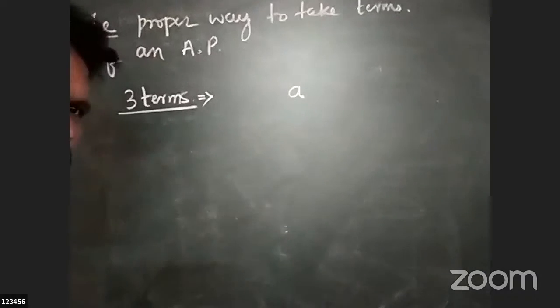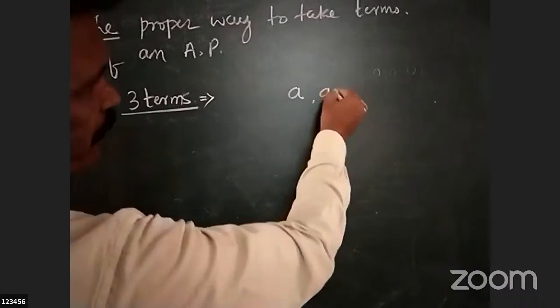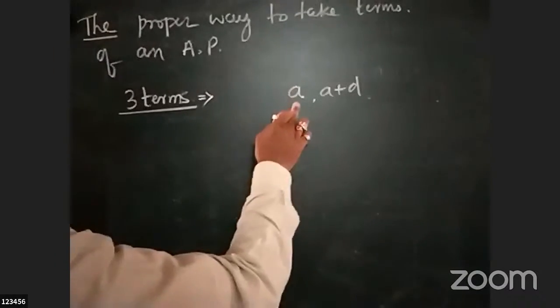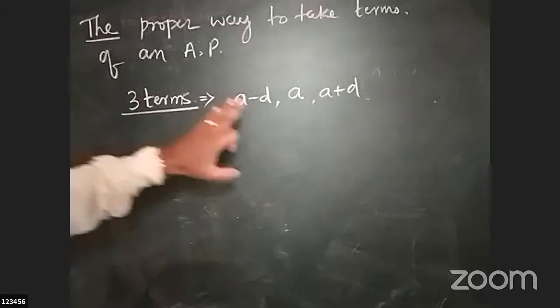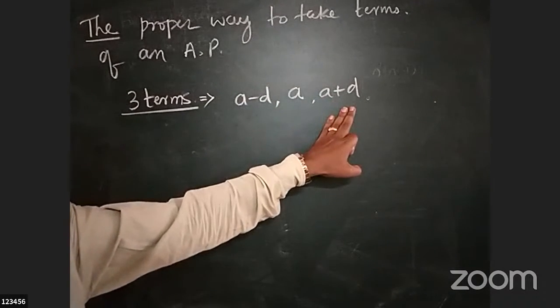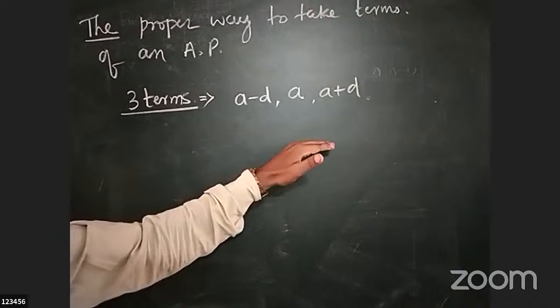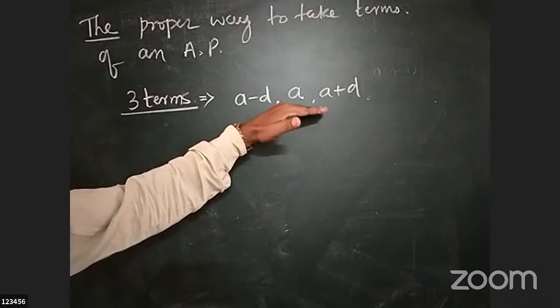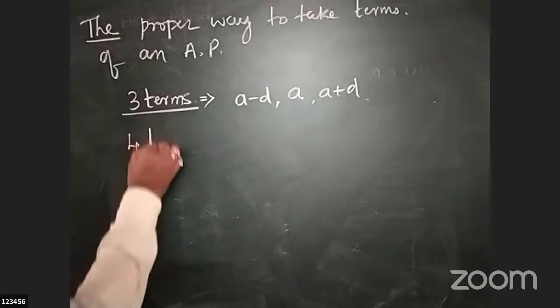A, as we know, we consider it as the first term, but the next term of A will become A plus D. What will be the previous term of A? The previous term of A will become A minus D. If three terms are given, we take A minus D, A, A plus D in certain cases. In order to make the problem easier, to get the solution easily, we take these three terms as the terms of an AP. If four terms are given,